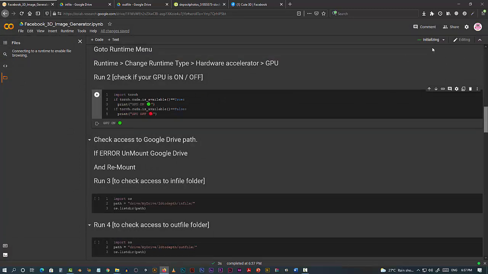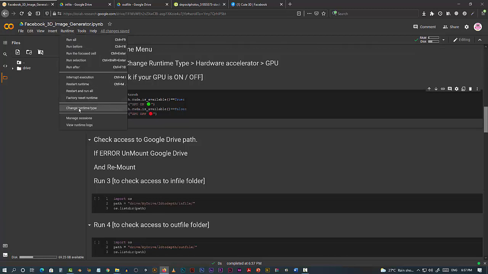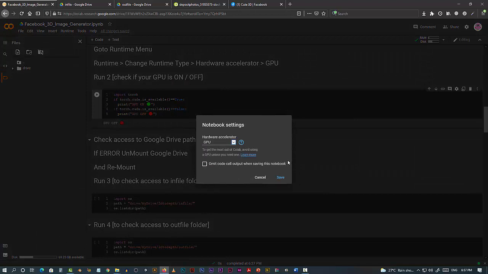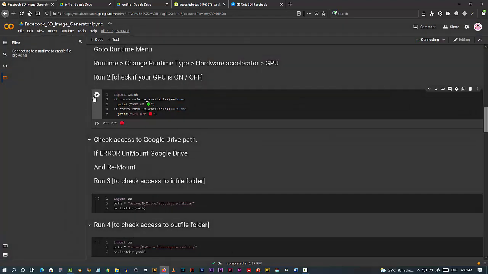Now again, initializing will take some time. There, I'm going to run this. See, GPU is off. So this code is actually working. So I'll just change it again, save, and check if my GPU is working.